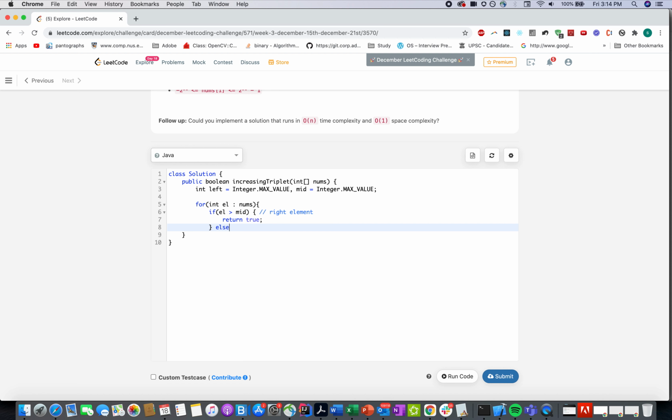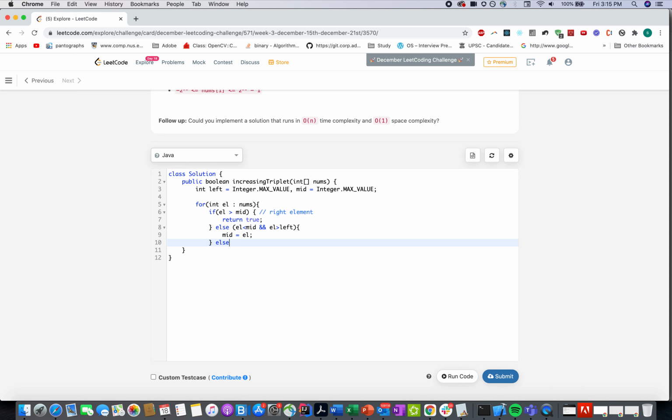Else, you will check whether your current element is less than mid and the current element is greater than left. That is the second case. Whenever you see such a condition, that your current element is less than mid and greater than left, you update your mid to the element, because mid has to always be in the middle part.